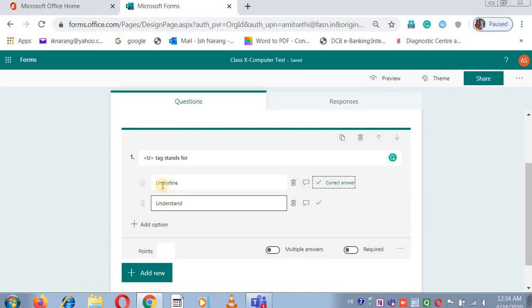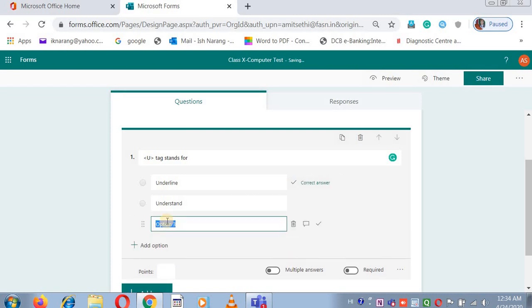If you want to add more than two options, you can just click here and the third option will come, and you can give the third option. If you want to make it more, you can make it more also. In the correct answer, we will already tell the system that this is the correct answer. So give the points here, meaning the marks. Marks of this question, say 1. Click on this so that the student would not be able to skip this question. It's required, yes.